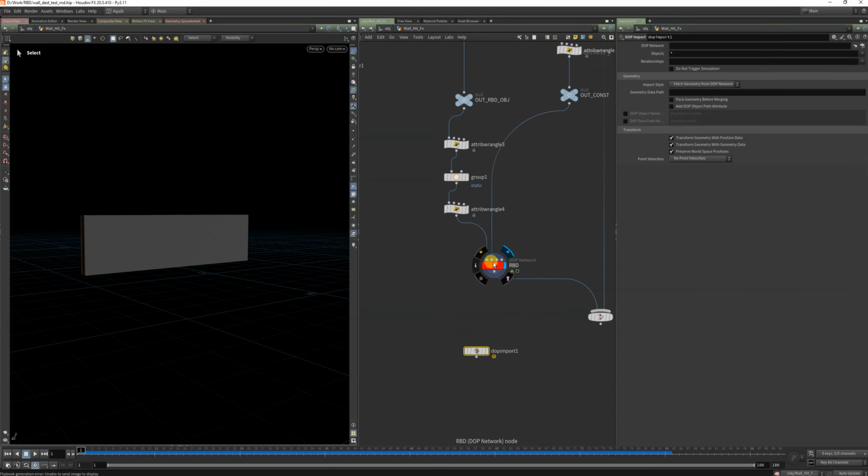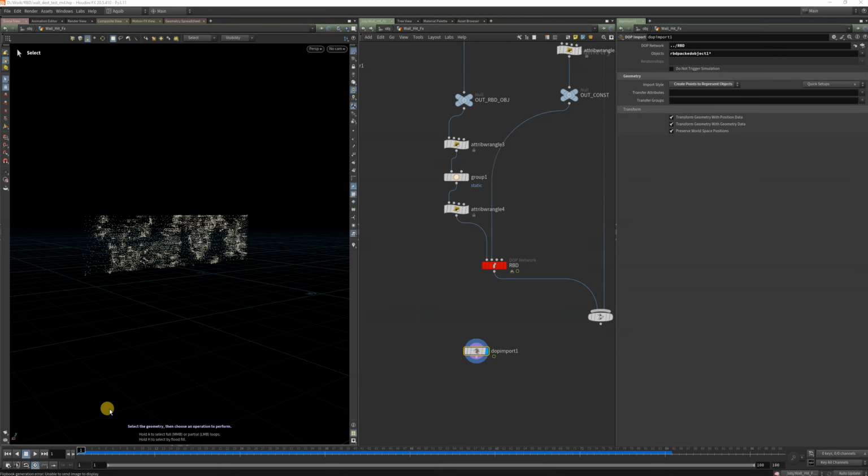I just copy this name and paste it here, and it should be from the point thing. Okay, so it's very light. It's not too much here, and you can just get transform